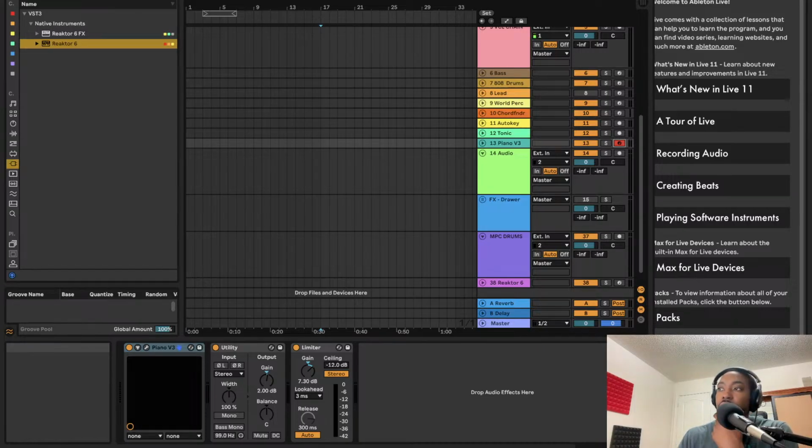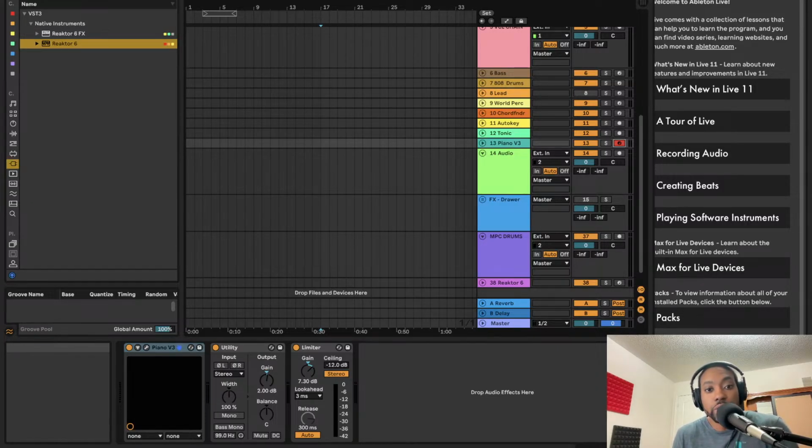Hey, producers and sound designers, welcome back to the stream. Today we'll be building a generative bassline in Reactor. This kind of tool makes your tracks sound alive without having to click around with endless MIDI notes. If you've ever felt stuck writing bass lines, or you want to write better bass lines, this is a perfect tool to break out of the box